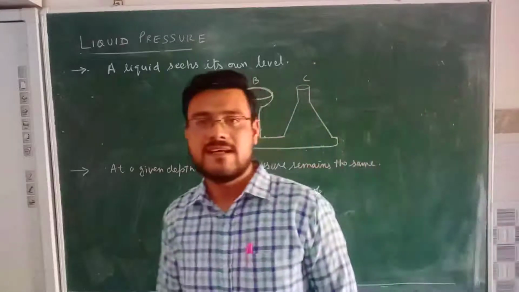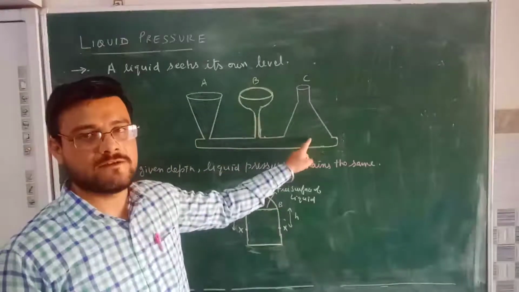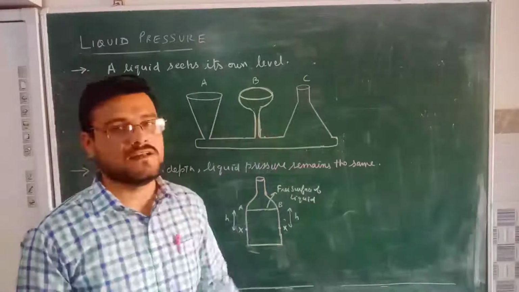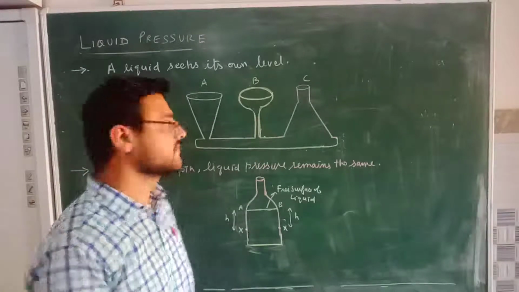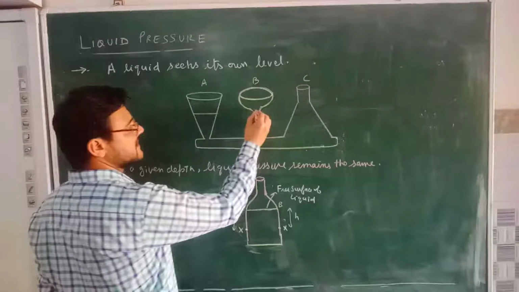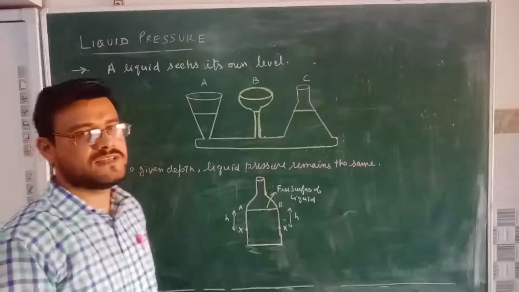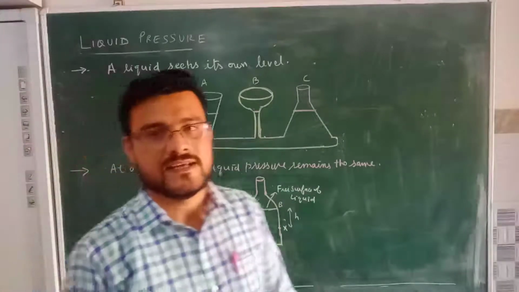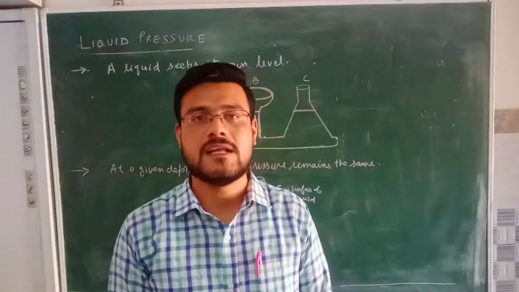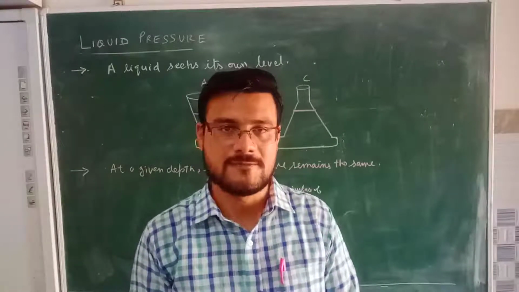This means that if we pour a liquid into any of the vessels A, B or C and keep on filling it, the level of the free surface in all three vessels will not be different, but will always be the same. If the level of the liquid in the first vessel is up to this particular height, then in the second vessel it will also be at the same level, and in vessel C it will also be the same. Even though the vessels have different shapes and sizes, all contain the liquid up to the same level, because liquid pressure does not depend upon the surface area.